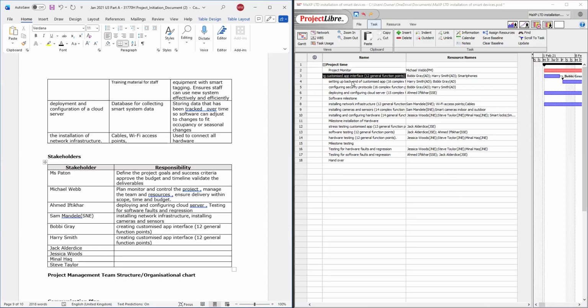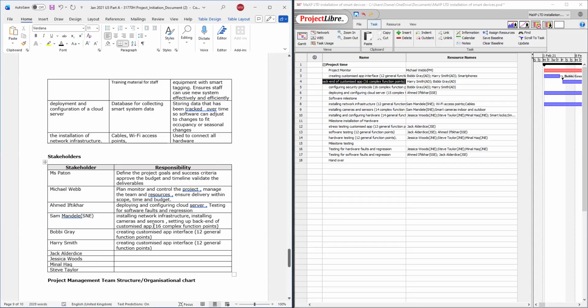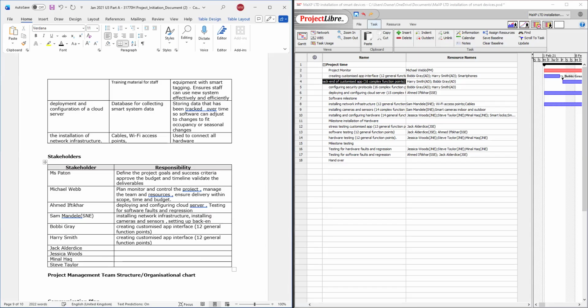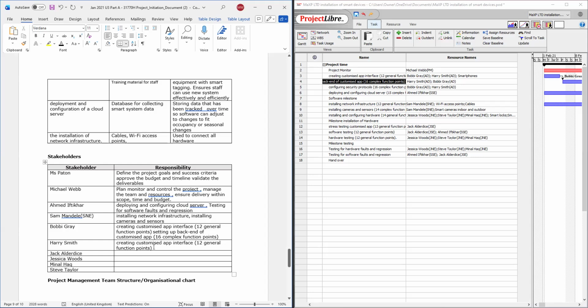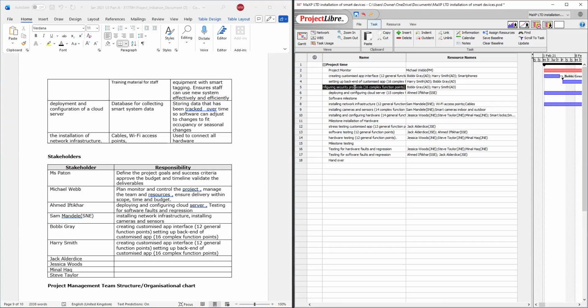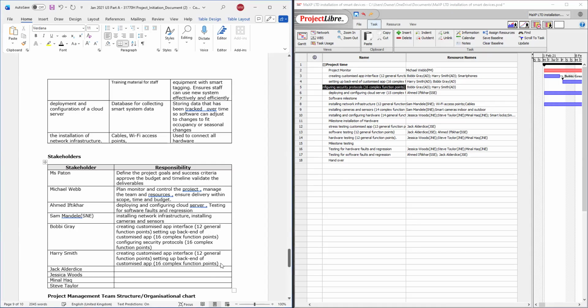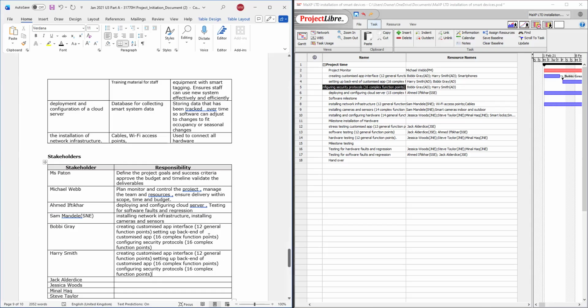They're also working on, okay, so they're working on configuring that, Control C, and then they're both working on that.